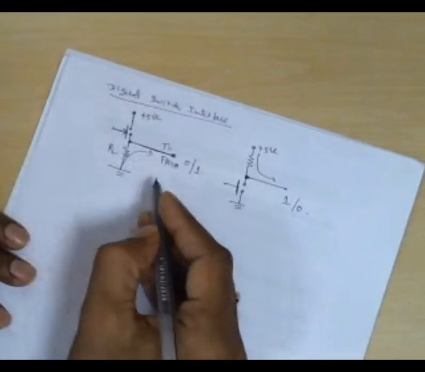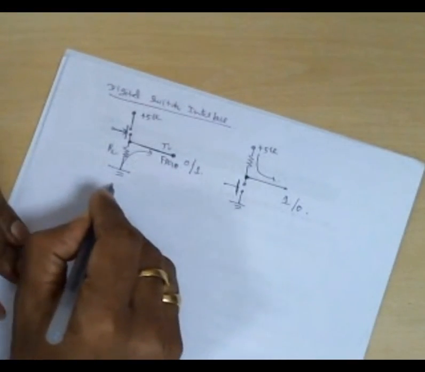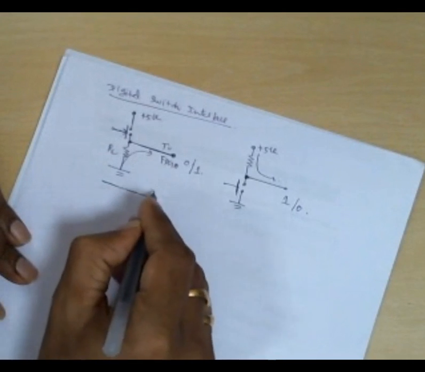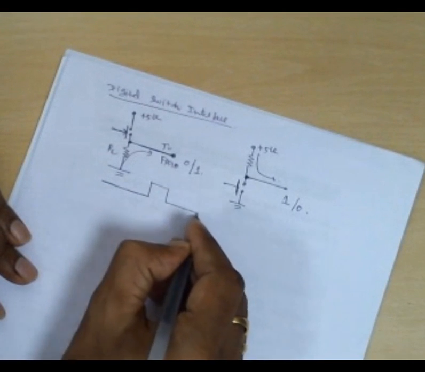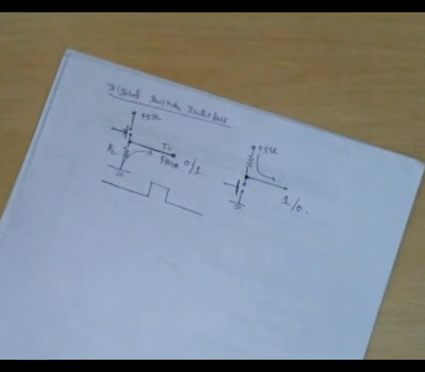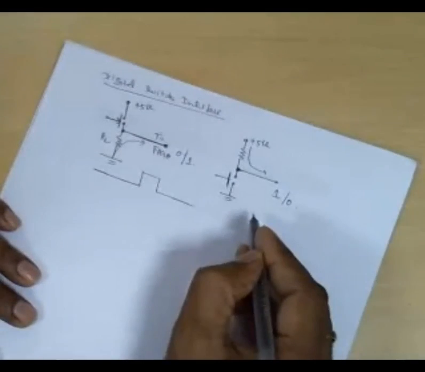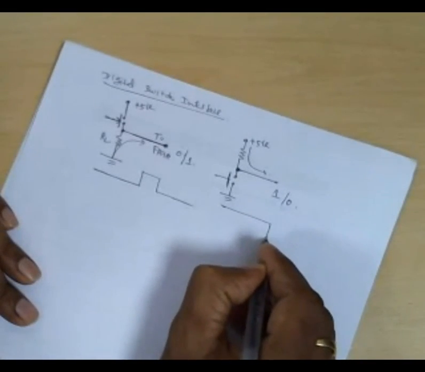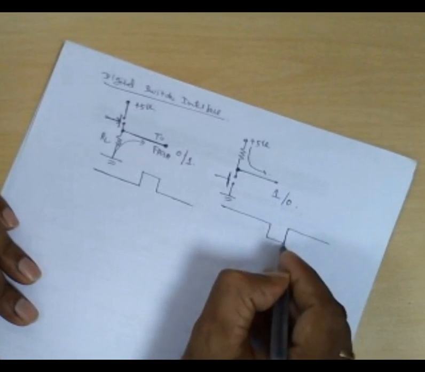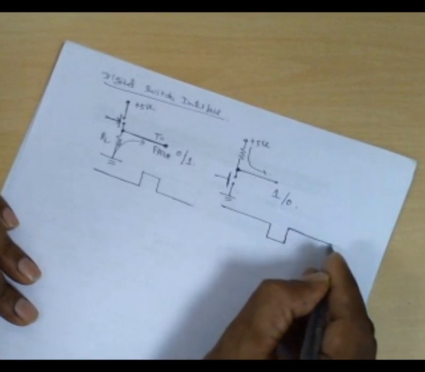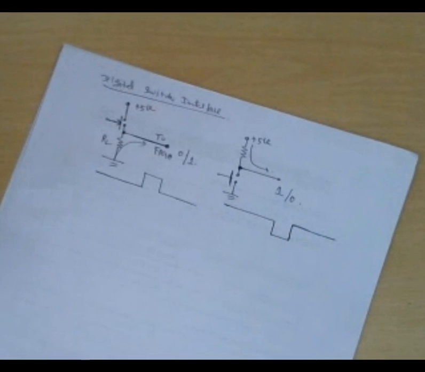Here, if you plot the waveform, this is a 0, right? Whenever you press the switch, 1 is going into the FPGA. That means all the time 0 is going, and when the switch is pressed, 1 is going. Correct or no? But when you look here, all the time 1 is going, and when you press the switch, 0 is going. So what kind of switch do you want to connect? It depends on the internal architecture. If you have written the program, whenever 1 is coming, you do this operation; whenever 0 is coming, you do that operation, because we don't have anything other than 0 and 1 in the digital switch, right?